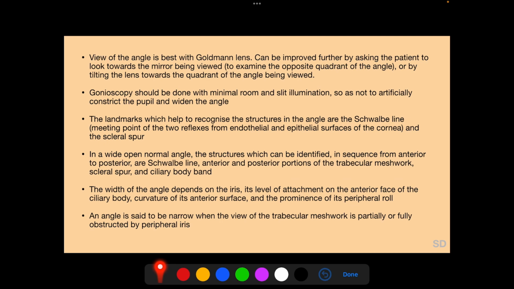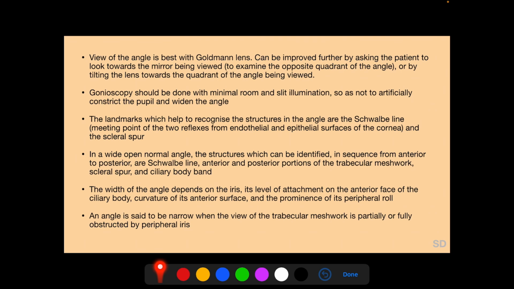View of the angle is best with Goldmann lens, and it can be improved further by asking the patient to look towards the mirror being viewed to examine the opposite quadrant of the angle, or by tilting the gonio lens towards the quadrant of the angle being viewed. Gonioscopy should be done with minimal room and slit illumination so as not to artificially constrict the pupil and widen